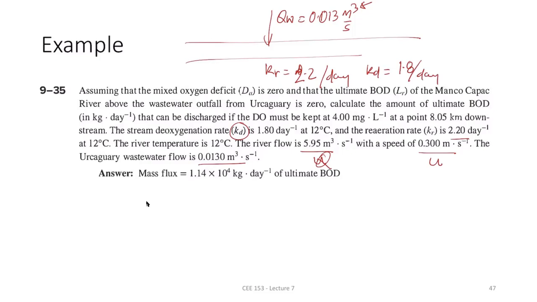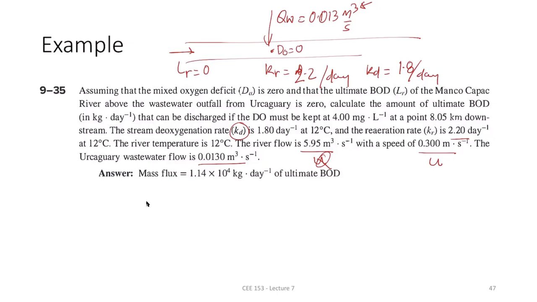Assuming that the mixed oxygen deficit is 0, so at that point the deficit D0 is 0, and that the ultimate BOD at that location above the wastewater outfall from Uruguay is 0. So that means here the L river is 0. There is no BOD, and then that can be discharged if the DO must be kept at 4 milligram per liter at the point